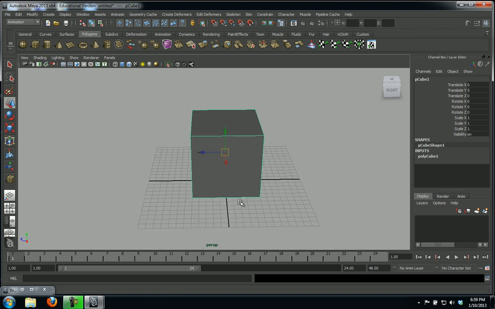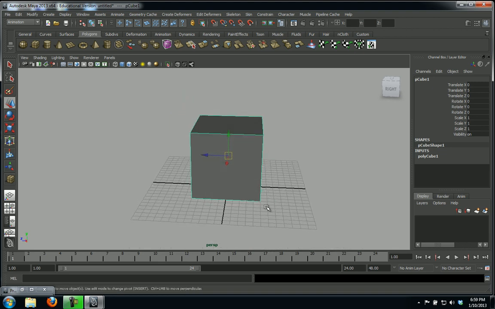I've basically built a cube, exact dimensions. It shows here in the channel box that it's just going to be one-to-one scale. So if I were to now go scale it off, it's going to change in here, and I can look at the numeric values. So this is 1.4, or if I wanted to make it 1.5 scale,